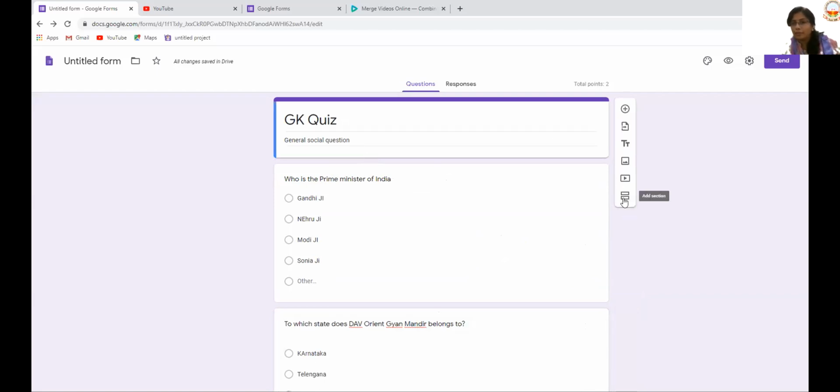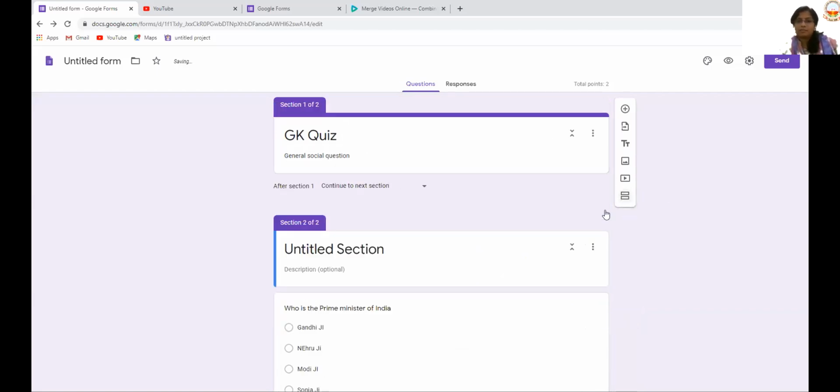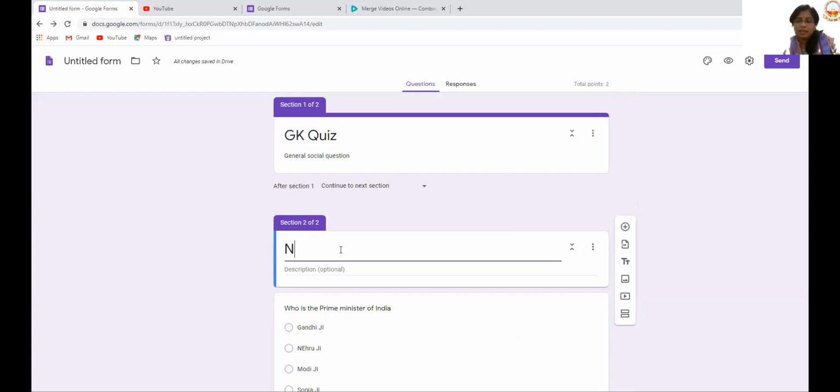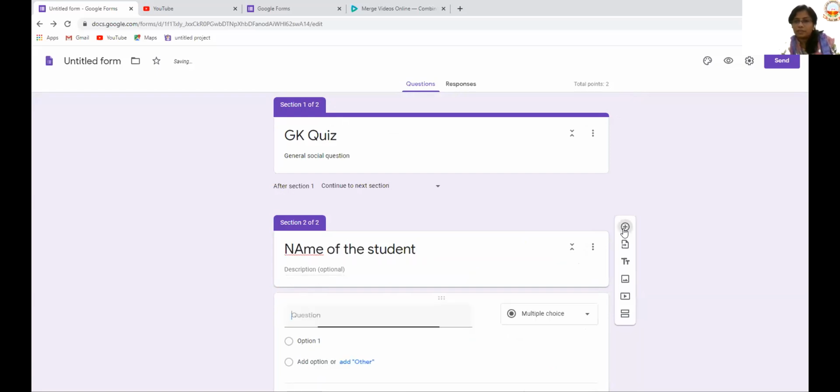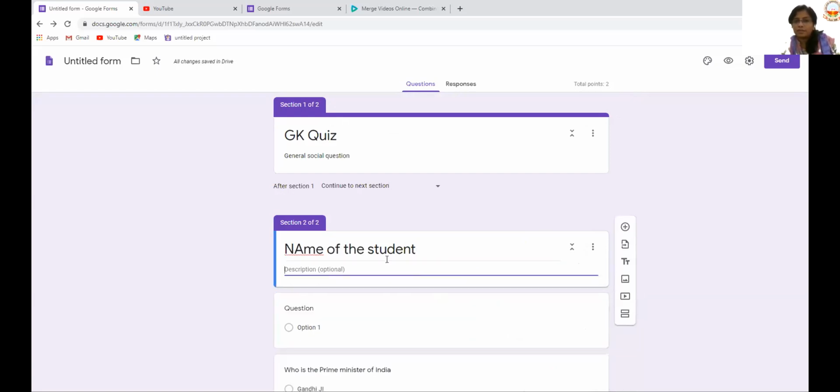I want to make a section here so that it divides. So after my first page, I want to make a section wherein they give me details. Now I'll just say student detail.